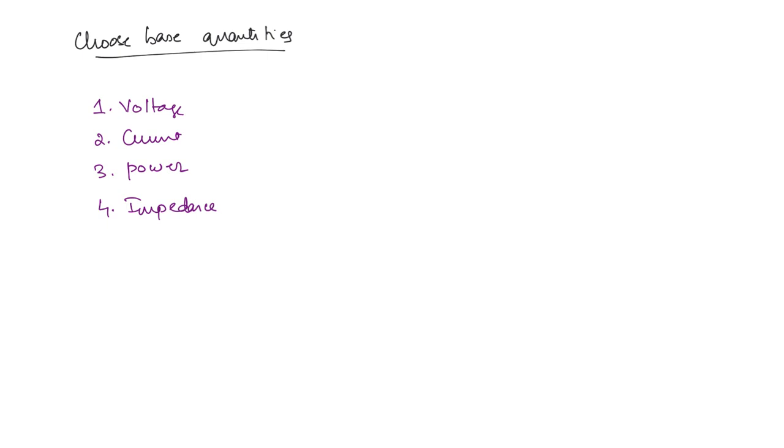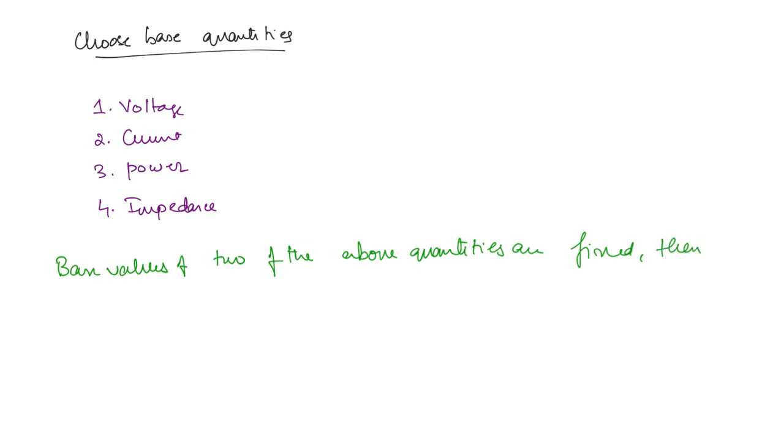So what we are going to do is, two of these quantities we are going to take and choose a proper base value, which is the rated value. Okay. So base values of two of the above quantities are fixed. Then the other two can be found. So we need some relations, mathematical relations, to be able to find the other two base values,